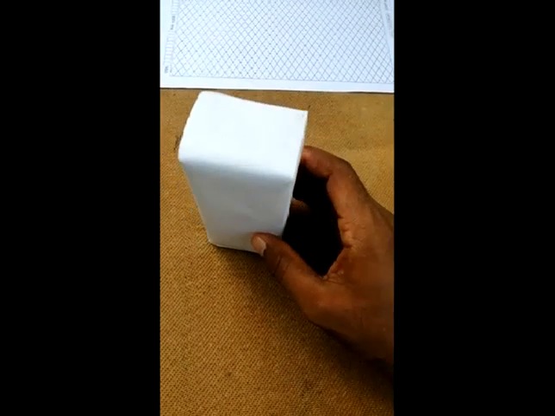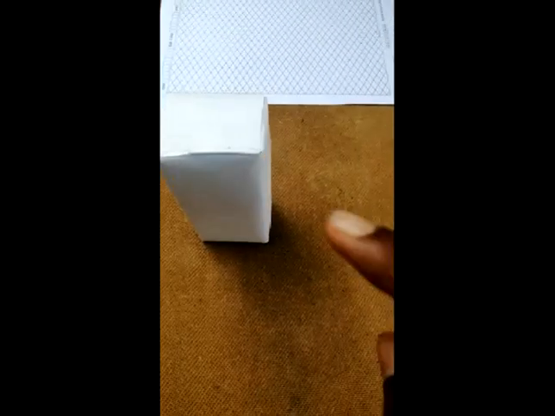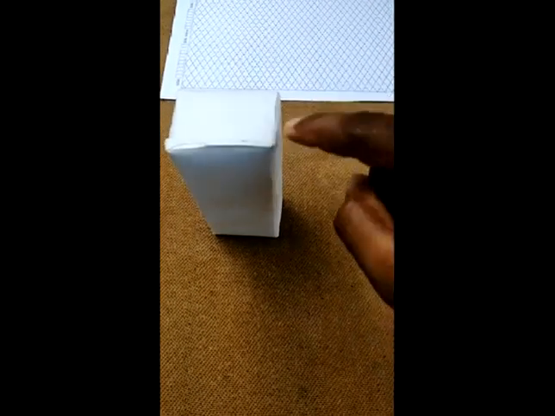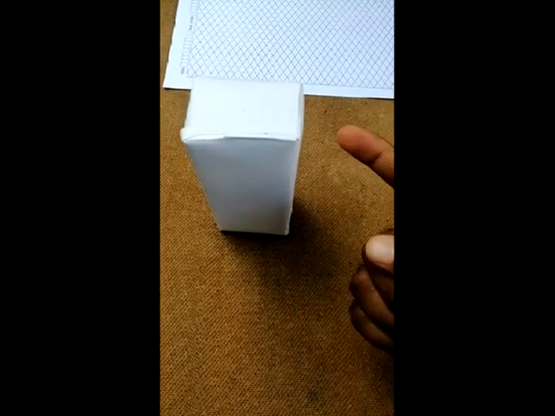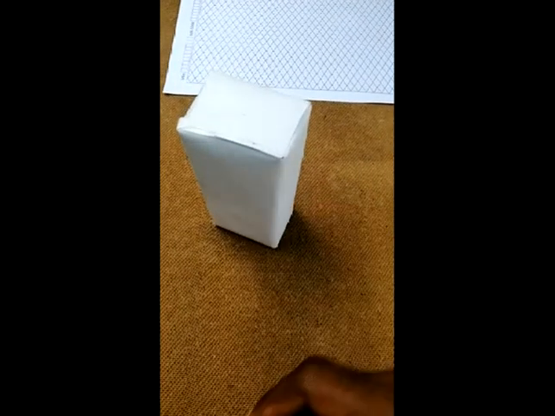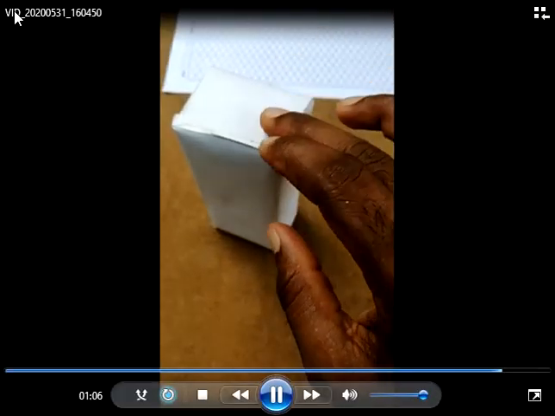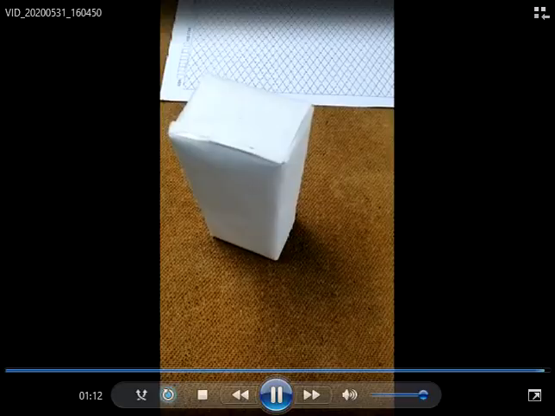In order to get complete detail about this square prism in a single view, from where exactly should we observe it? If I observe this prism from here at an angle of 45 degree from all the three axes, then I can see the top face, the front face, and the side face also. So in this procedure, we observe the given object at an angle of 45 degree from all the three coordinates, and then we plot the three-dimensional object into a 2D object.